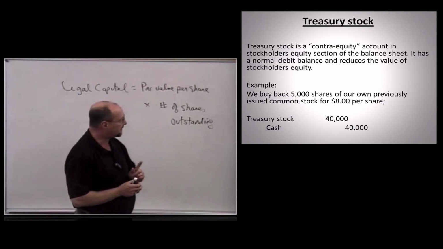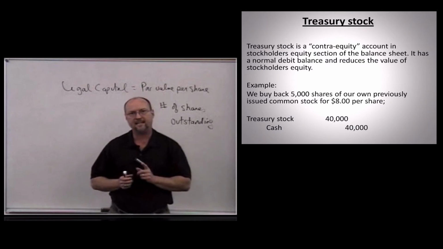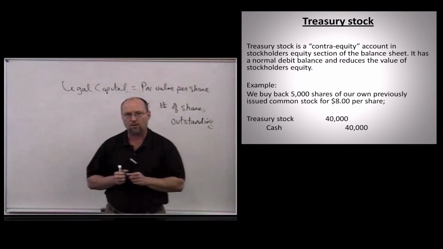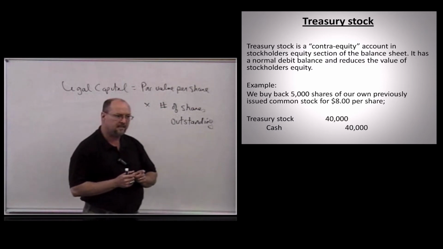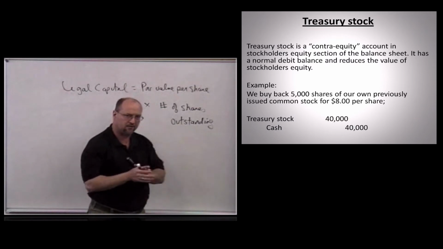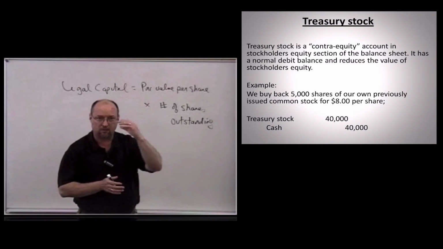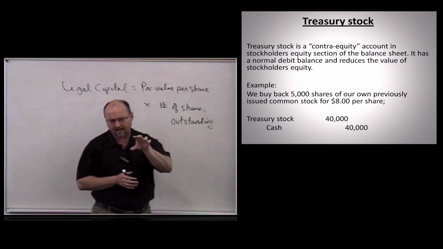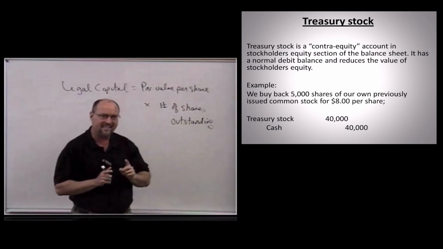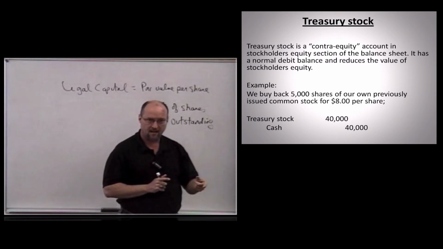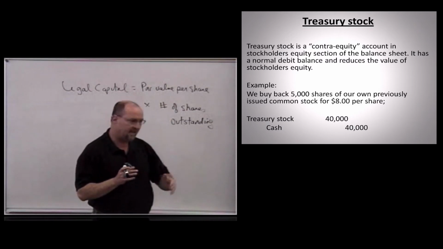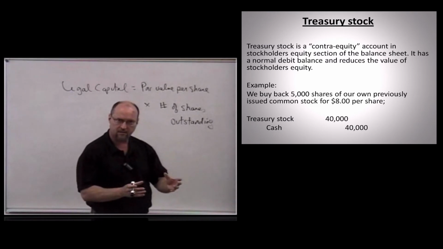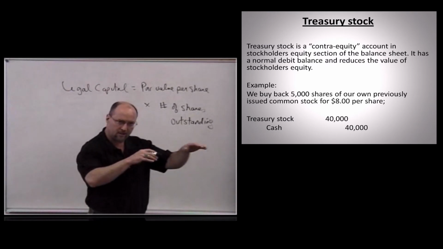Now, here's the thing about treasury stock. It's still considered to be issued, but it is no longer outstanding. Okay? In order for stock to be outstanding, or really issued and outstanding, it has to be in the hands of the stockholders. So a company buys back shares of stock. Now, a company cannot own itself. What's happening is this is a partial and intentional liquidation. Doesn't mean they're going out of business, but watch what happens.